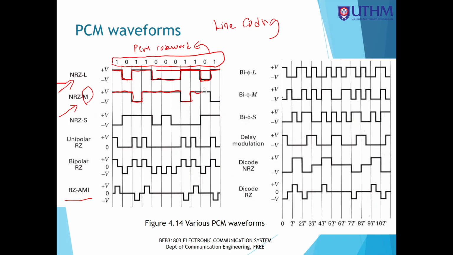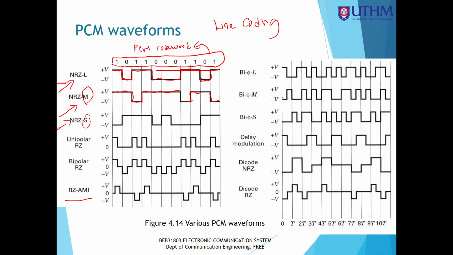Then logic 0, no change, and then logic 1 change polarity. Okay, so this NRZM is depending on the logic input 1, where it will change the output polarity. Okay, and then non-return to 0 S for space. So this one is